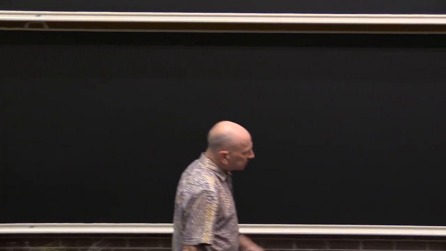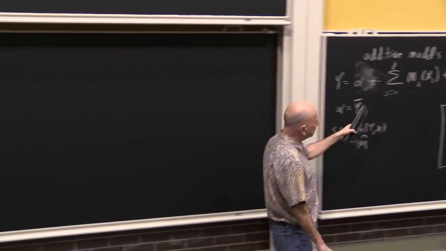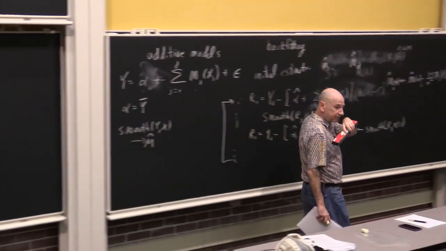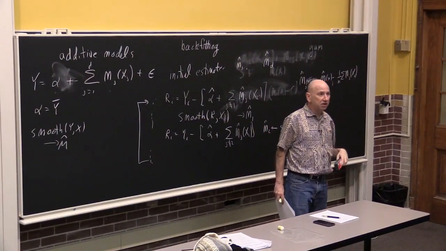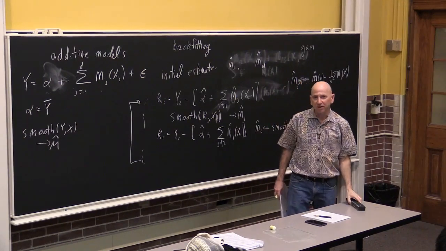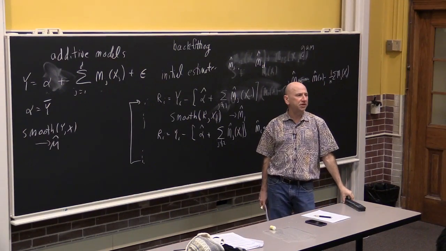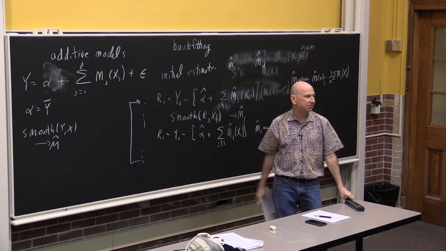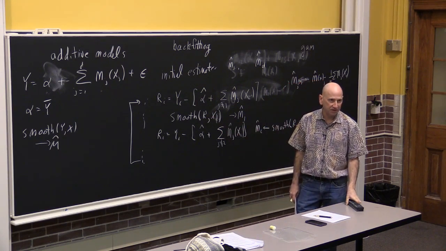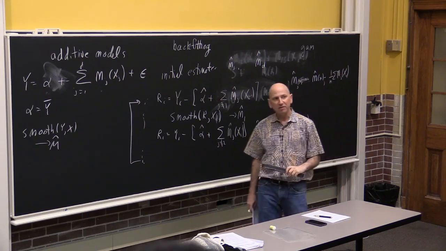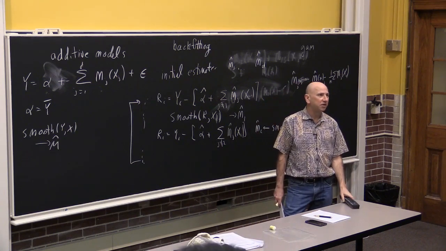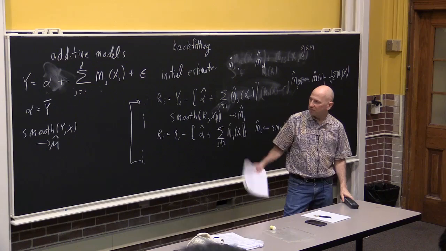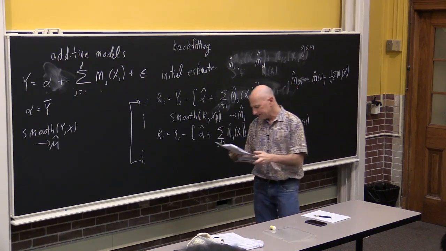Now, this is all well and good when D is pretty small. When D starts to get really large, we're back to the same kind of problem we had for linear regression. We can't do linear regression when D is bigger than n. How are we going to do a sum of nonparametric functions when D is bigger than n? So you asked about an L1 penalty. Yes, there's an L1 penalized version of this where the penalties are